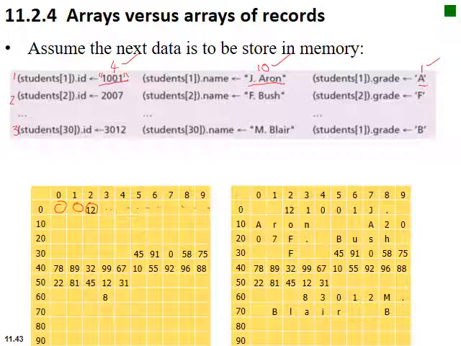It will check that this field requires 4, that 10, and that 1, so it knows it must reserve 15. So basically 1, 2, 3, 4, 5, 6, 7, 8, 9, 10, 11, 15 is what it will reserve for this record, and then it will start storing it. First, as you can see, the ID 1001, which is a character, then the name j dot space, remember space